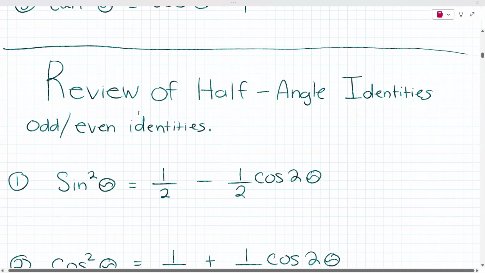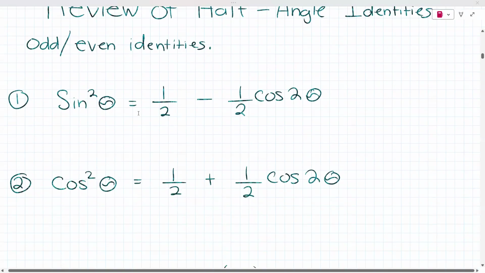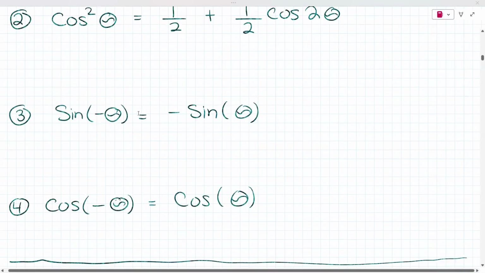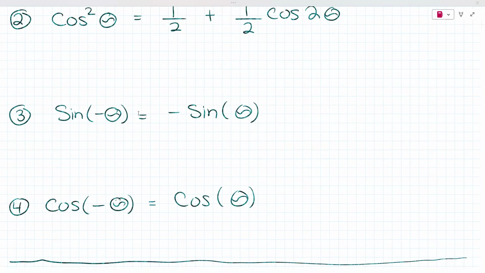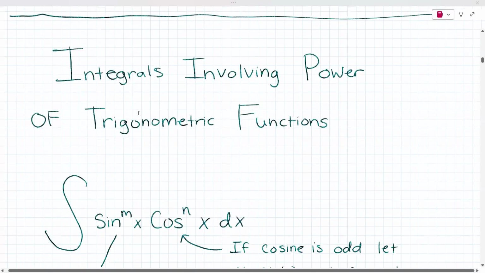Let's review some half-angle identities, odd and even identities. So sine squared theta is equal to 1/2 minus 1/2 cosine of 2 theta. Cosine squared theta is equal to 1/2 plus 1/2 cosine of 2 theta. Sine of negative theta is the same thing as negative sine of theta. And then cosine of negative theta is the same thing as positive cosine theta. Okay, now you know